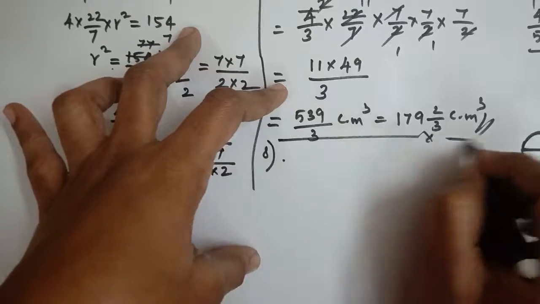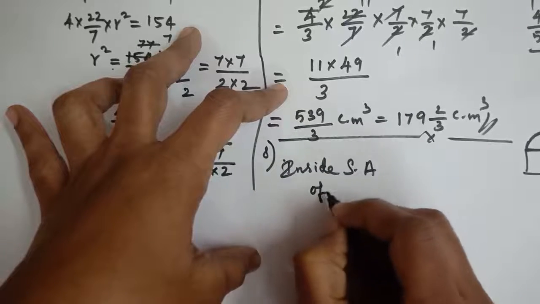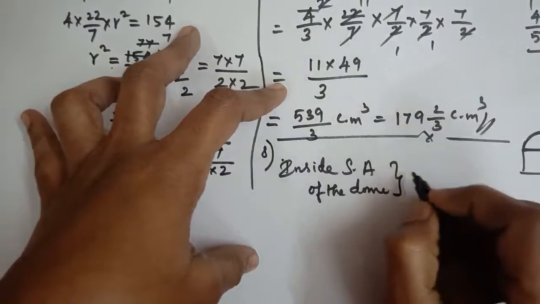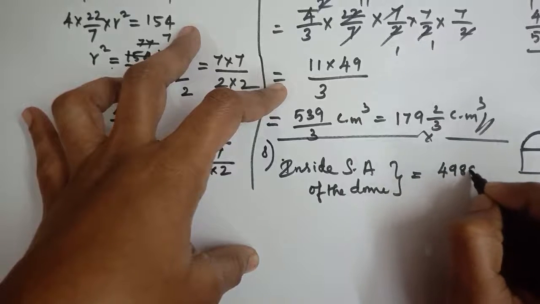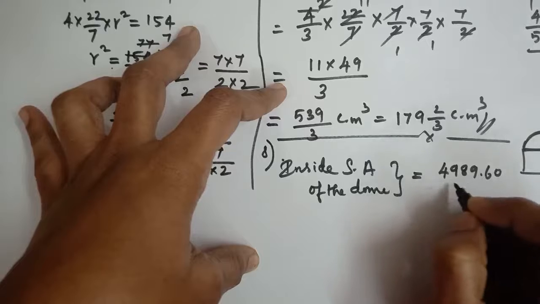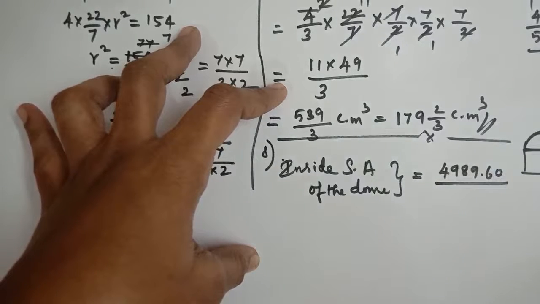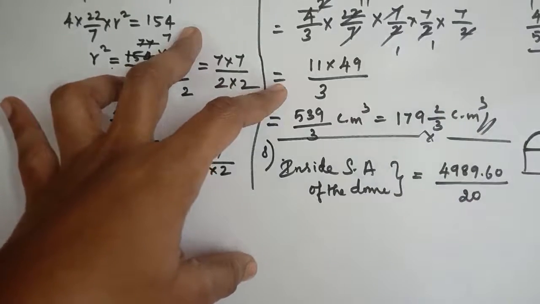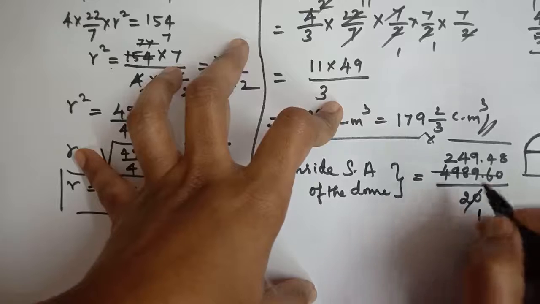Here, first, the inside surface area of the dome. How do you find it? If you divide this 4,989.60 by rupees 20 per square meter, rupees 20 per square meter. So rupees 20, if you divide it, then you can get, if you cancel it, students, listen,